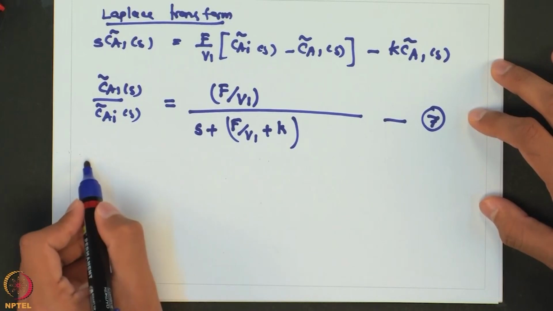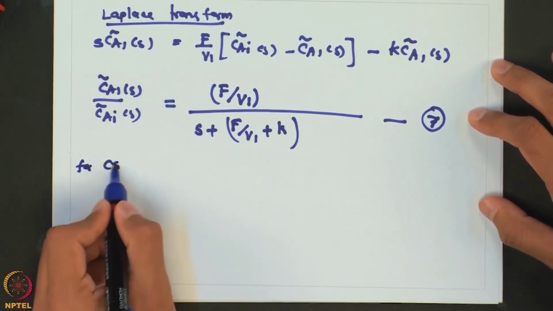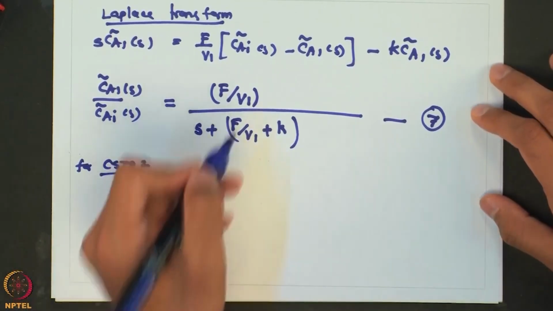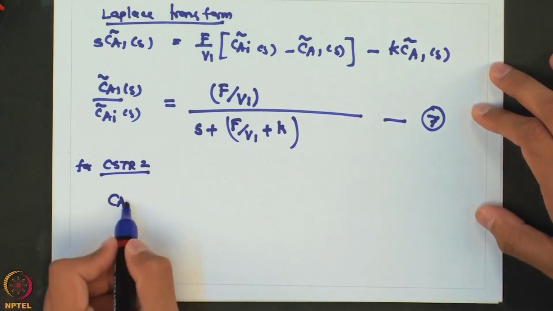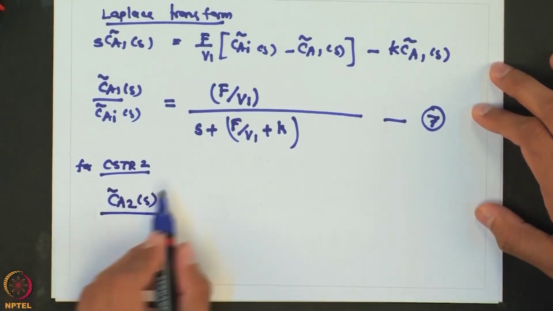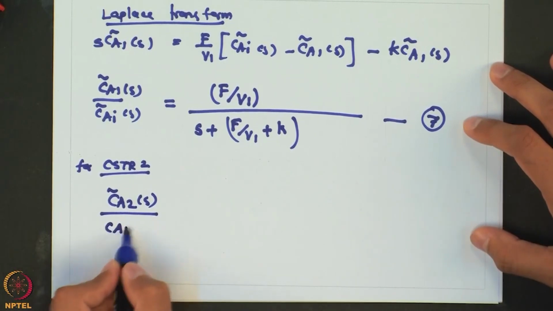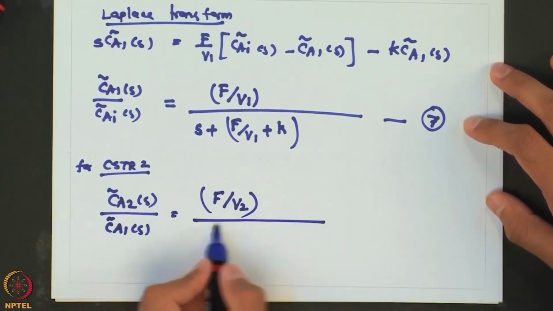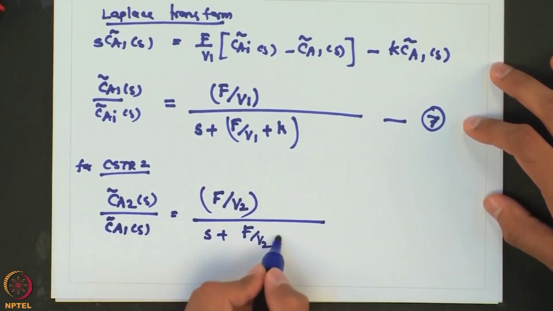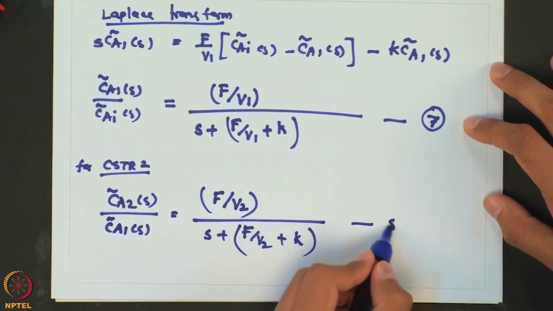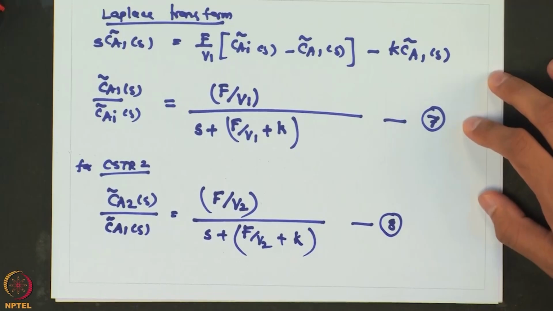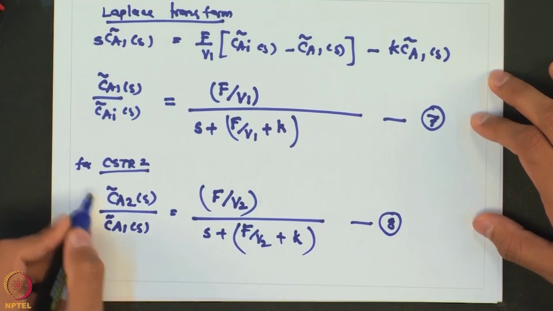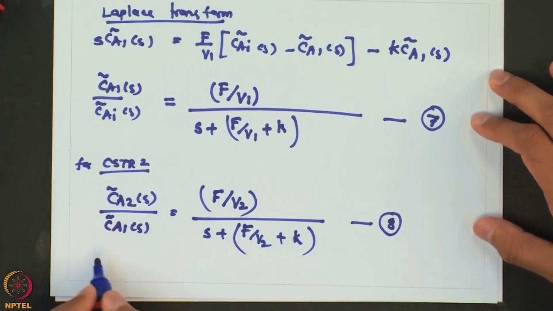So, similarly for the second CSTR, if you do the same analogy, the equations are similar. So, we can simply write this other transfer function by comparing it with equation 7, which gives us equation 8. So now we have two transfer functions, one between CAI and CA1, and the other one is between CA1 and CA2,